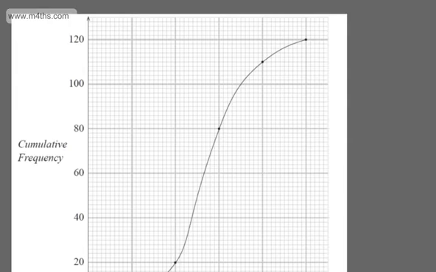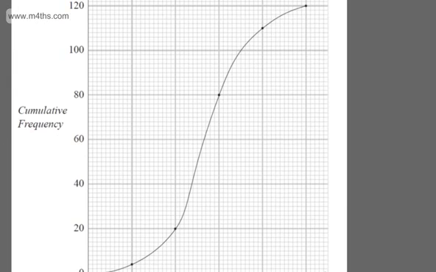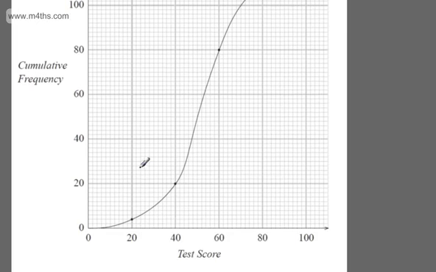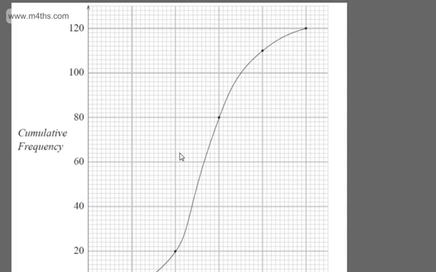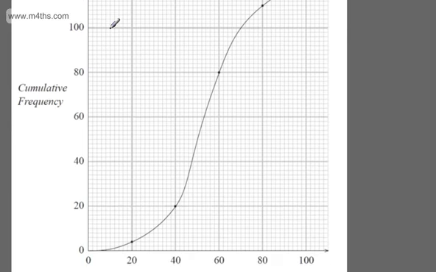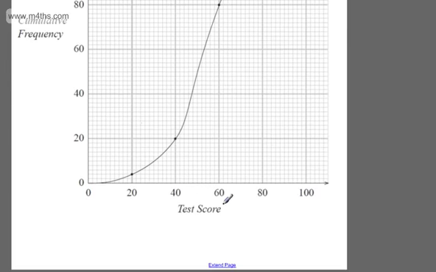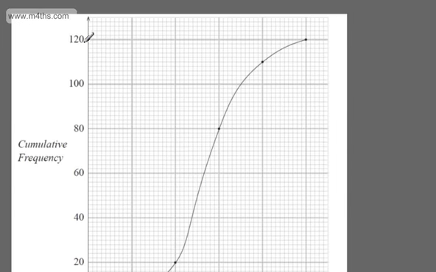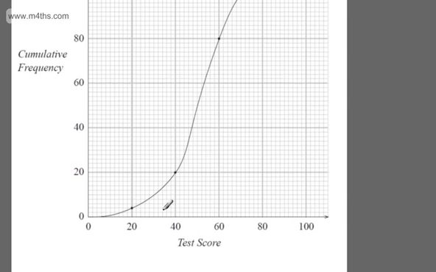Okay, let's go ahead now and look at when we have continuous data. So this information is put in a cumulative frequency curve and we can estimate the medians. Given that it is now from group data, we can estimate the medians. So what I'm going to do is now draw a box plot from a cumulative frequency curve when we're dealing with group data. So what we can see here now is we've got 120 observations and we've got test scores